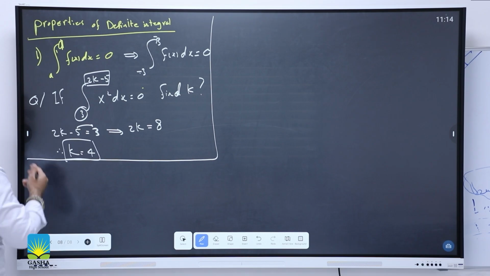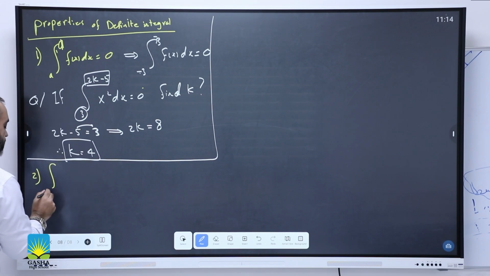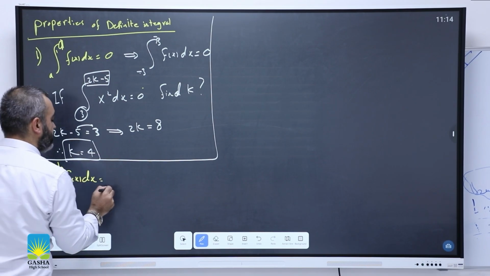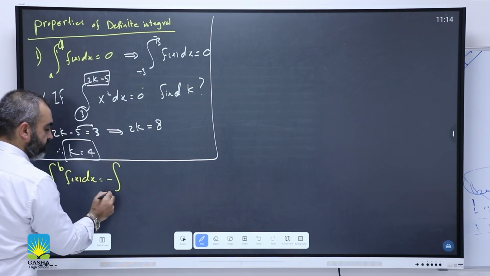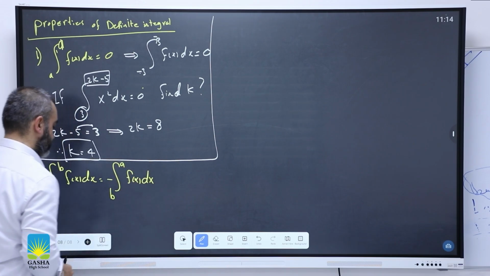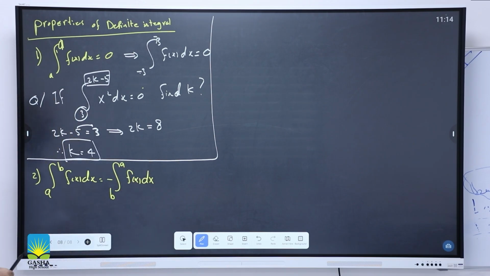Also, we go to the second property: integral from a to b of f of x dx equals negative integral from b to a of f of x dx, right? So the property is the inverse of the interval. A to b becomes negative b to a. The question is,